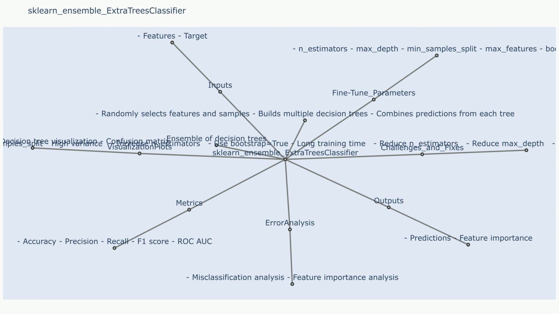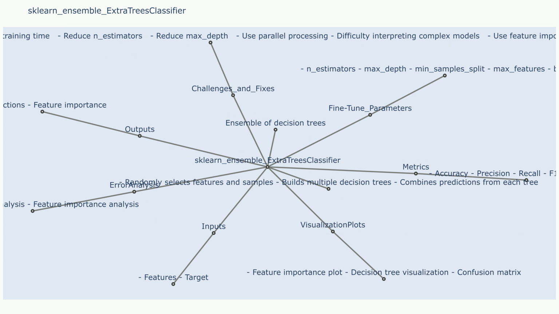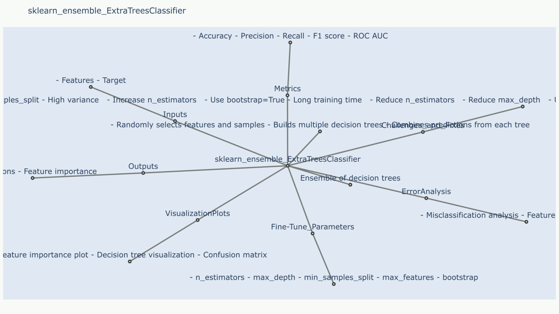Steps: Bootstrap aggregating, or bagging: randomly sample with replacement from the training data to create multiple subsets. Random subspace: randomly select a subset of features for each tree in the ensemble. Decision tree construction: build a decision tree on each subset using the selected features, with the goal of minimizing impurity at each node. Prediction: combine the predictions from all individual trees using a majority vote for classification or averaging for